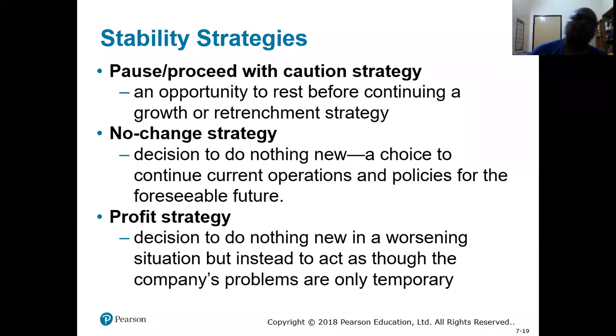There are some products where the customers like it that way. They don't like changes and so on. If you look at Coke, at one time they tried to innovate the taste, but Coke consumers and fans all over the world demanded the original taste. That's why they prefer the classic Coke not to be touched or changed. They just like it that way. So this is what we call the profit strategy.